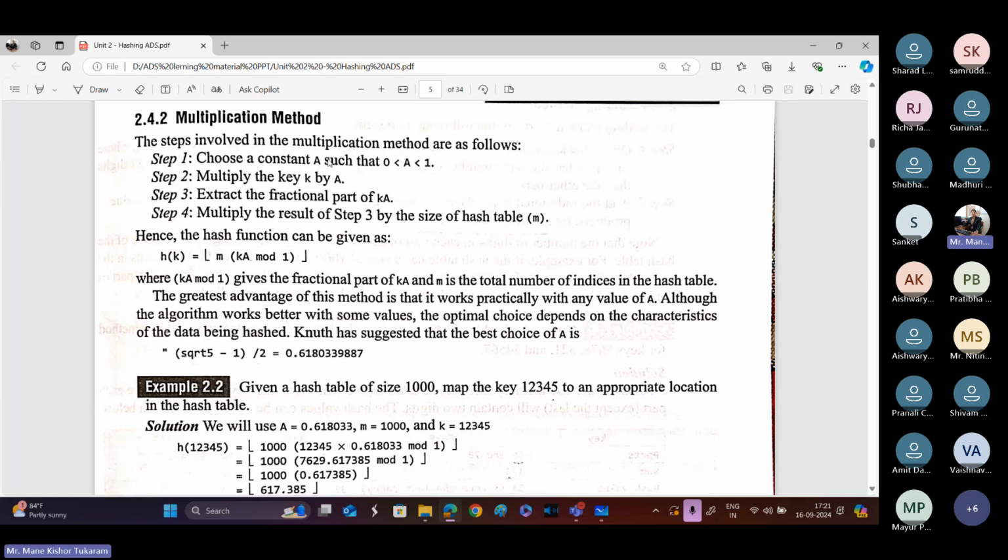particular, so choose constant A. So here we take the constant A. So what will be the value of A? The value of A is in between 0 to 1. So it may be 0.1, 0.2, 0.3, 0.4 depending on the user. Okay. So to calculate the particular mod, we just take the constant A, multiply the key by A and